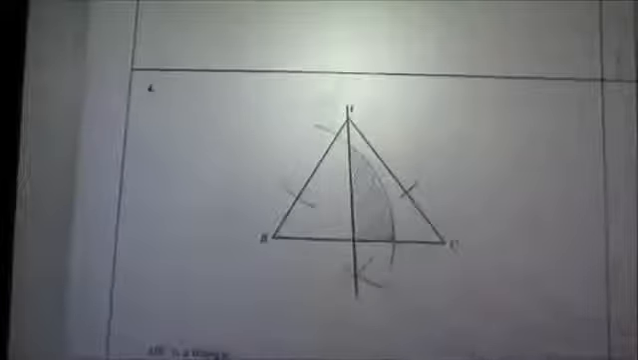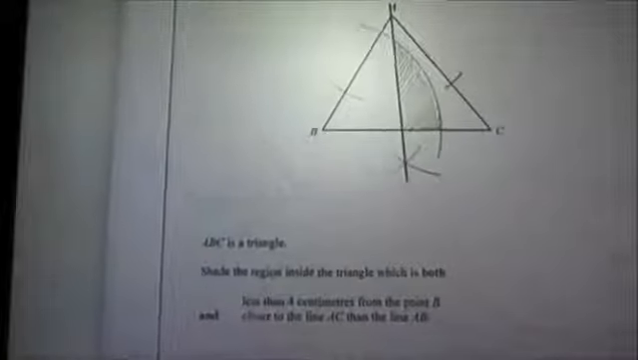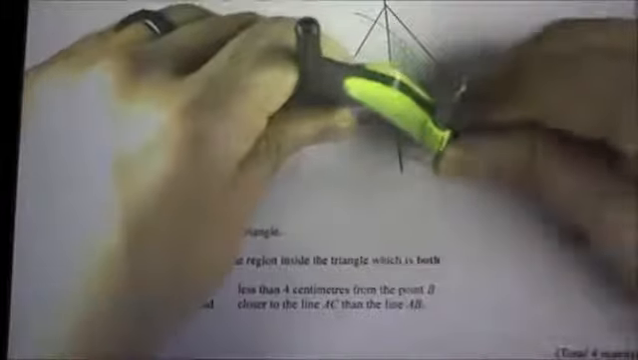Question number 4. Shade the region inside the triangle which is both less than 4 centimetres from point B and closer to the line AC than AB. First of all, what you do for this one is less than 4 centimetres from point B. So get your ruler, set your compass to 4 centimetres, which is about there, but make sure you get it exact, and you need to draw an arc, and that arc we need to do is there. And you see I've done it before and I've answered it, but there we go. So that's the arc you've got to do, because it's got to be less than 4 centimetres from B